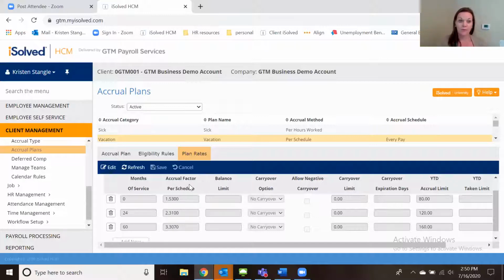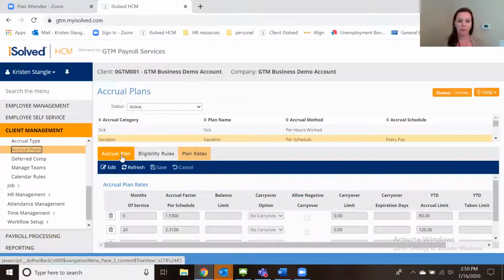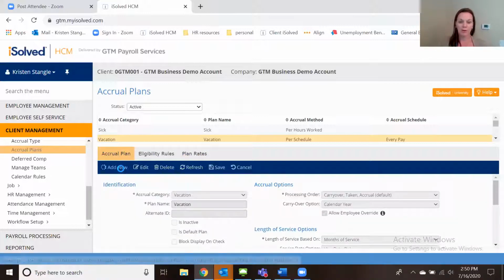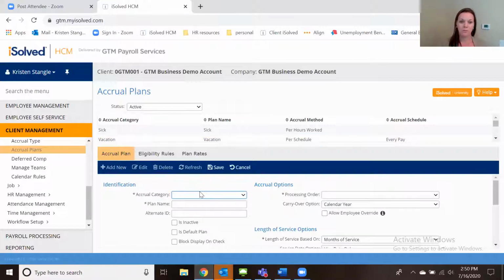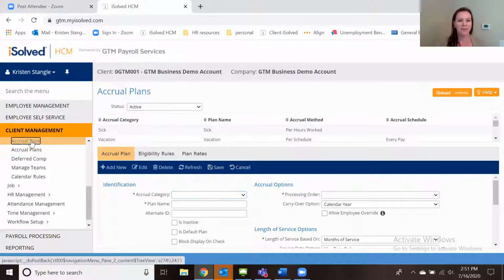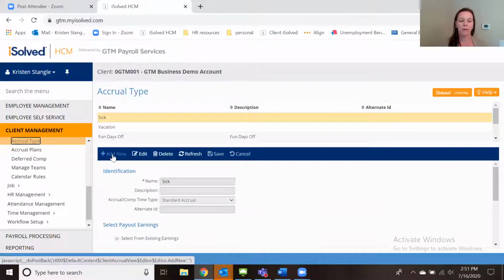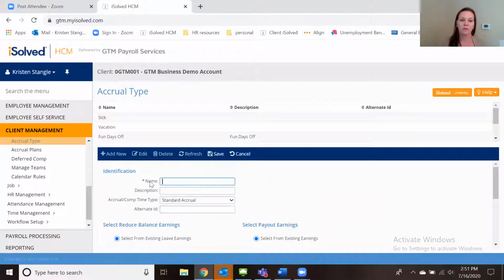All right, so that is the accrual plans. Now we're going to add a brand new one. So to add a new one, we click Accrual Plans, and we click Accrual Plan and Add New. So you know what? I'm sorry. We have to add an accrual type first. So we go to Accrual Type, and we are going to add